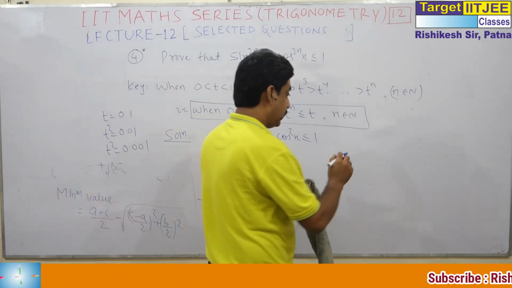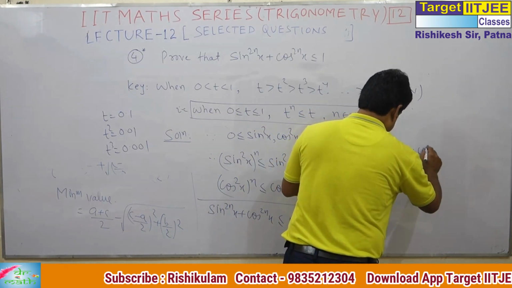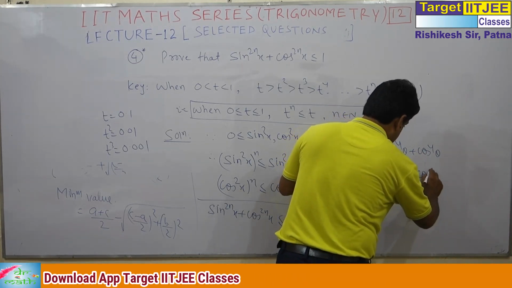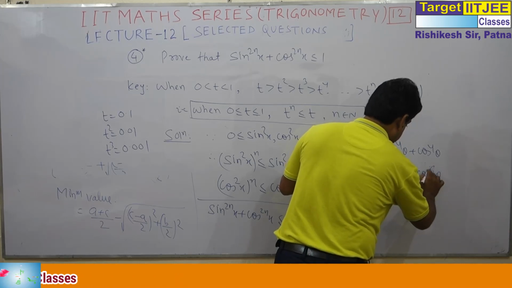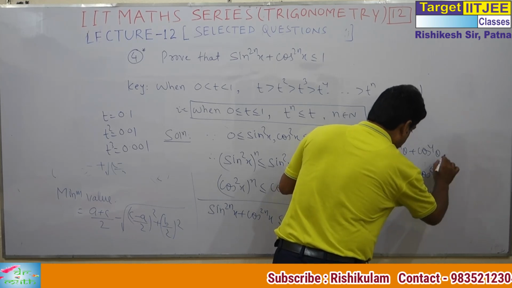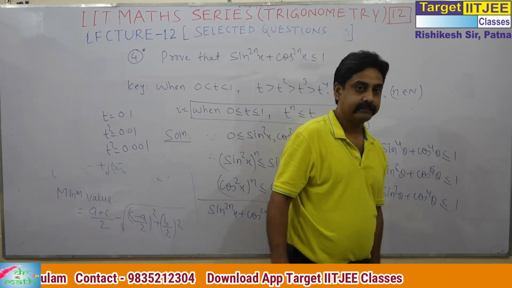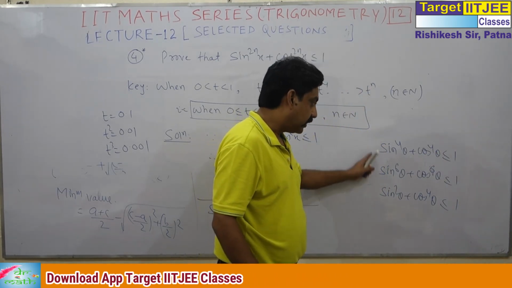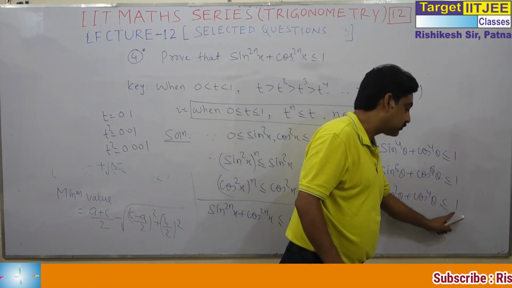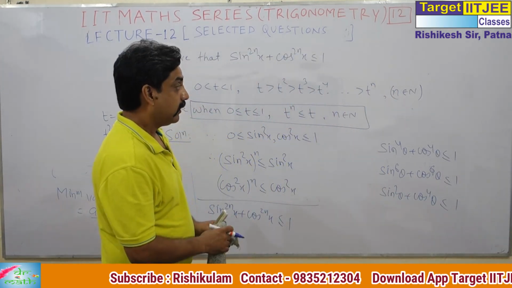Now see, you know this one. I have told cos to the power 4 theta, 6 theta, and someone like this. In all cases, you find that the greatest value is 1. The smaller value was different in different cases, but the greatest was what? 1. Why? Why 1?